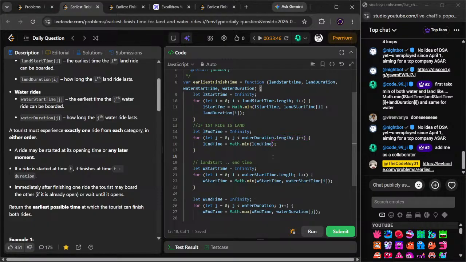L end time minimum लेंगे, and then फिर क्या लेंगे? फिर water duration लेंगे क्या? Minimum of water duration, I mean water start time of 5 plus water duration. मिनिमम में तो दो दो वैल्यू चाहिए होंगी, एक वैल्यू से नहीं होगा।